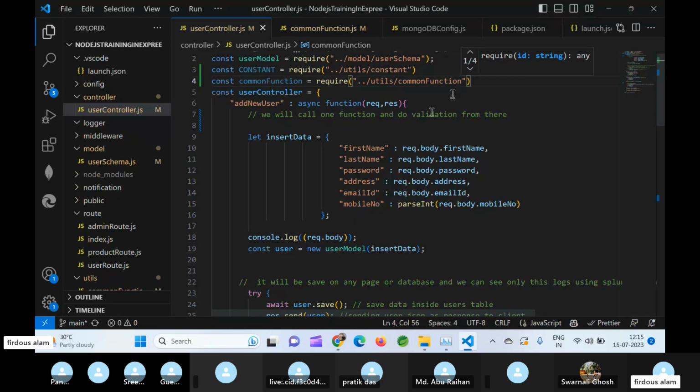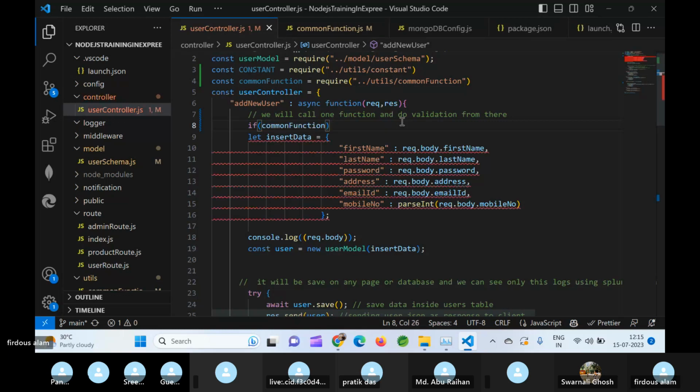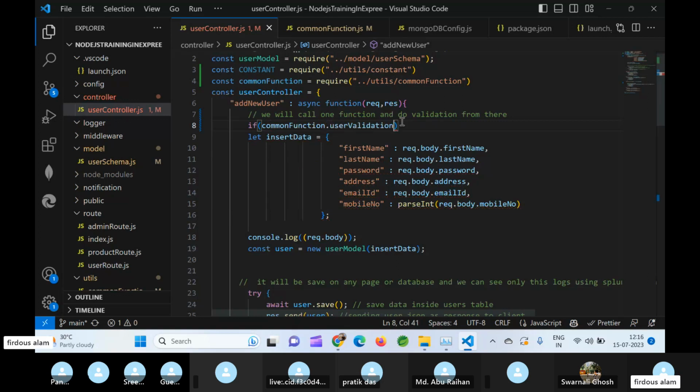A good code structure, a good division of functionality, and a good validation. If you have these three things in any language, whether front end, back end, or anything, you will never face any issue in your coding life. So what I am doing is common function dot user validate. What I am telling here is, if this sends me true,